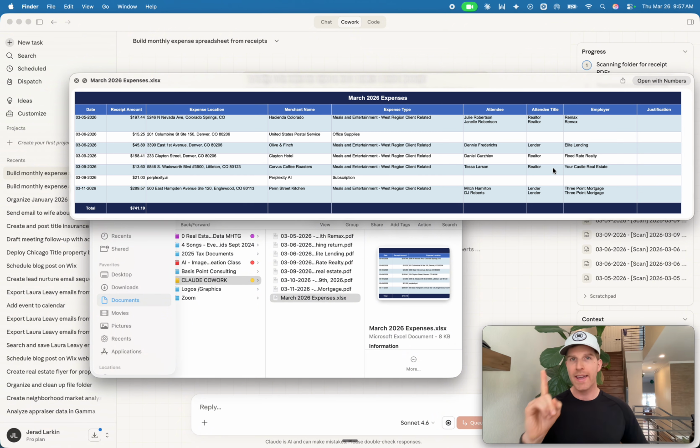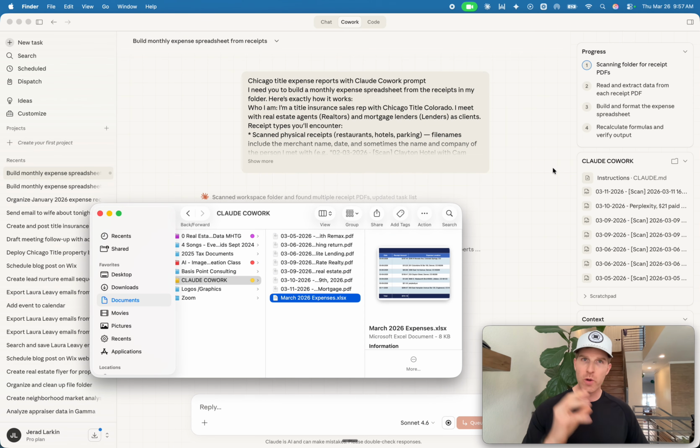Now, the reason why it knows the attendee and the attendee title and the employer is because I put that into the receipt data, which is important for you when you're creating your receipts. So if you want to really automate this the way I do it,